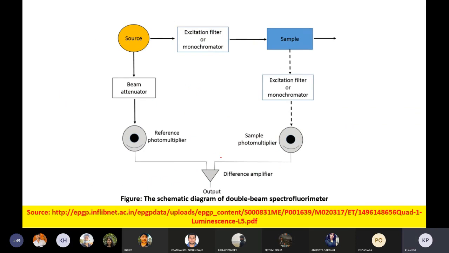Now, with the advancements in solid state electronics technologies, just like the double beam UV visible spectrophotometer, in the fluorimeter also we have double beam spectrofluorimeters. Okay, so you have the source, then you have the monochromator, you have the sample in between, so over here you may have a detector,